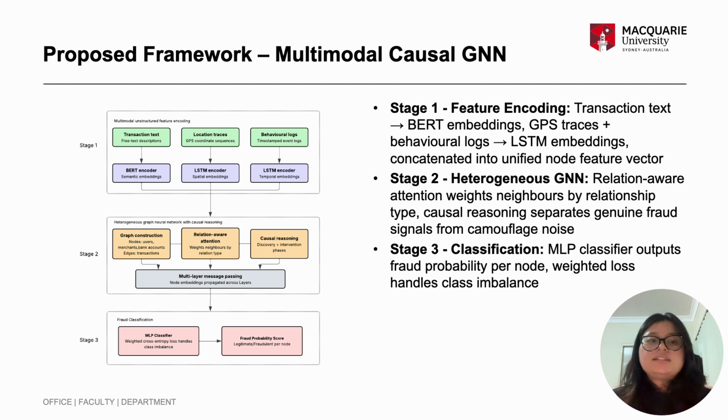So basically what it means is fraudsters sometimes deliberately connect to legitimate users to blend into the graph. Without causal reasoning, a GNN would dilute the fraud signal by averaging over all neighborhoods, including those innocent connections. The causal mechanism separates genuinely suspicious neighbors from spurious ones, making the model significantly more robust against sophisticated fraud